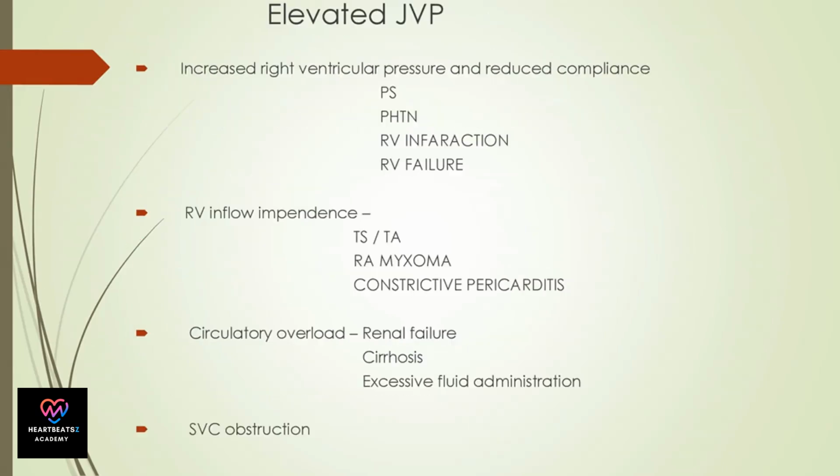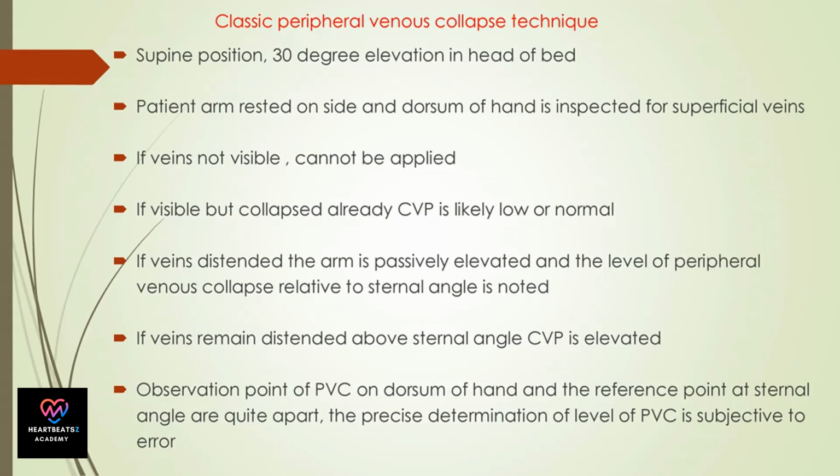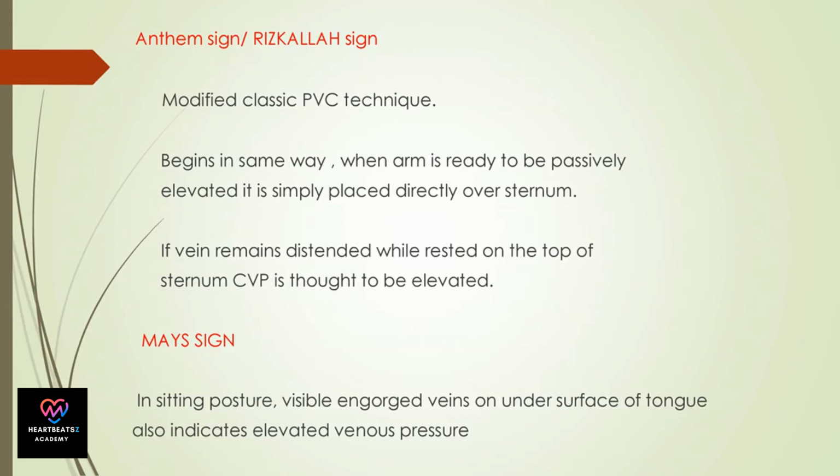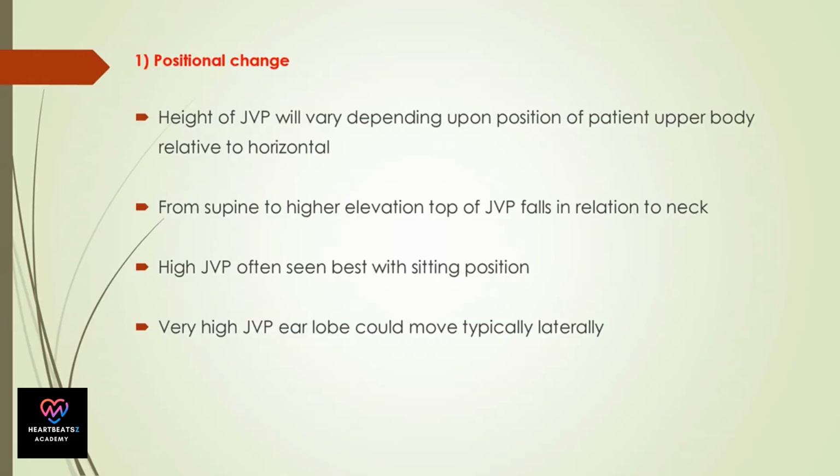Elevated JVP can indicate increased right ventricular pressure, reduced compliance, or conditions like RV infarction, RV failure, and SVC obstruction. The classic peripheral venous collapse technique and its modifications, such as Ankylosing sign and Risk-Haller sign, are used to assess central venous pressure. Changes in JVP with maneuvers, such as positional change, respiratory change, and abdominojugular reflux, provide valuable diagnostic